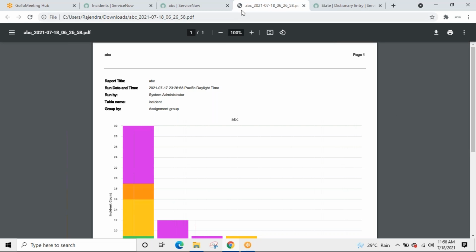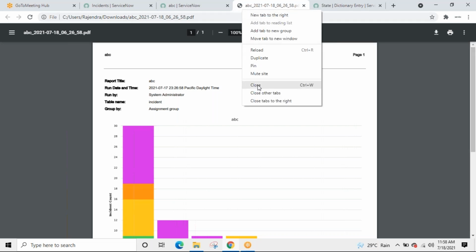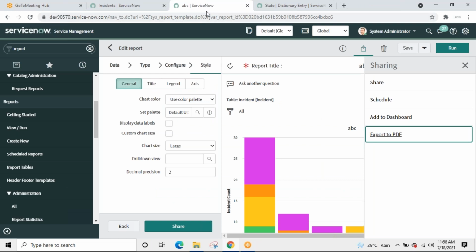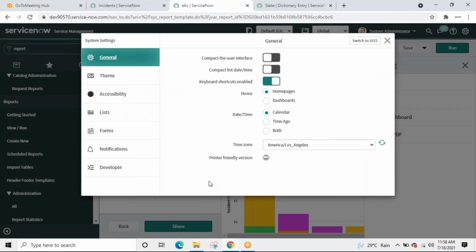Now, close. Settings, gear icon. Homepage is homepage or dashboard.